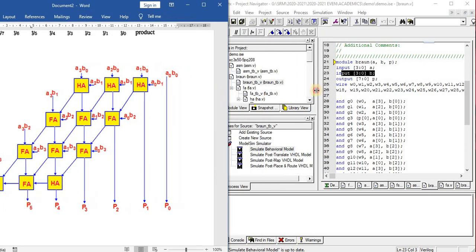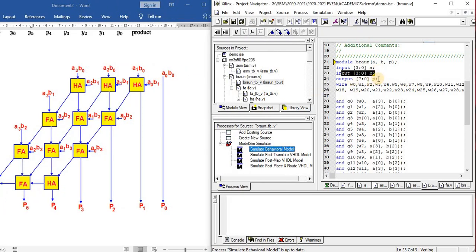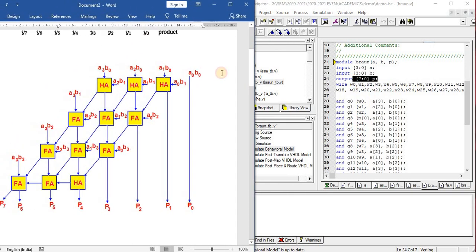I have given the output as 7 down to 0. Then I have declared lots of wires. We will come to the wires later.